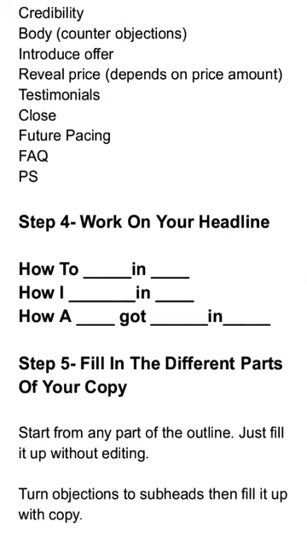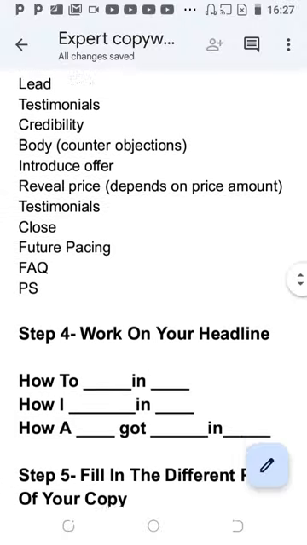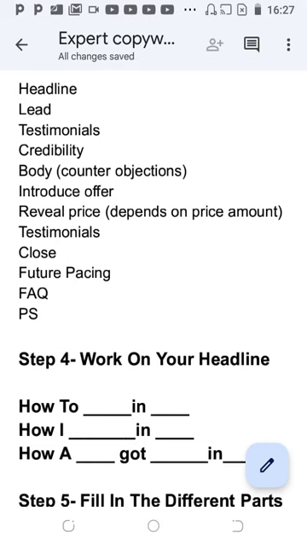The last part is where you mention your name and then you have what we call the PS section, postscript. This is where you summarize your headline or summarize your offer, and then this is where you tell them to buy finally. Now, depending on what you're selling, you don't need to use everything here, okay? If you're selling a very cheap product, there's some things you don't need to use here. You can have any part of this outline removed, no problem. But you will need to have the headline, you might have the lead, you need to have where you talk about the value, the problem that this product will solve.